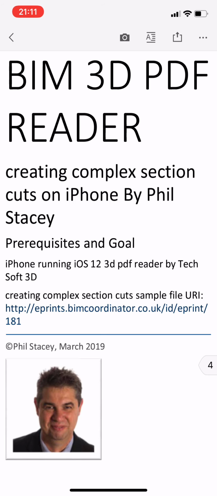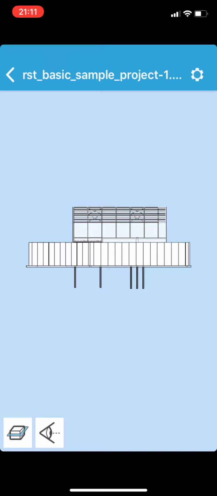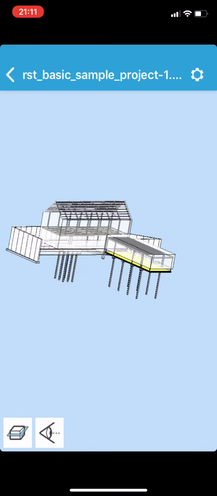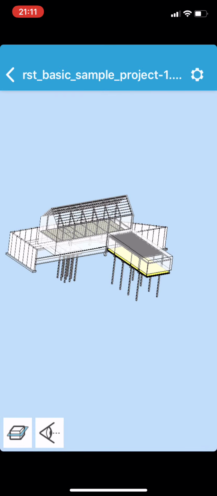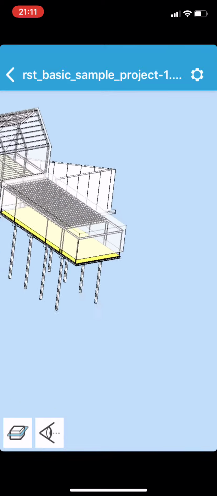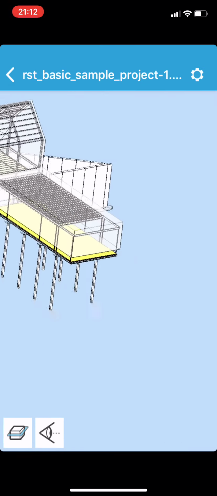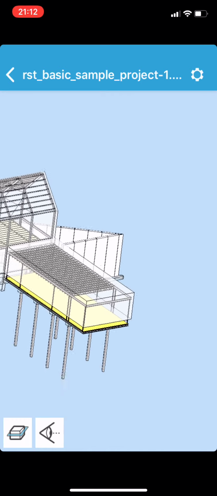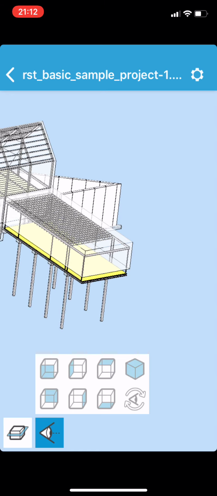And so we'll just go over to the viewer here. And one thing I didn't mention is, with one finger, you can just pan the model around, and with two fingers just pinch to zoom, pinch in, pinch out. And then with two fingers dragging, that's a pan. What I'll do is I'll just go back to the isometric view,